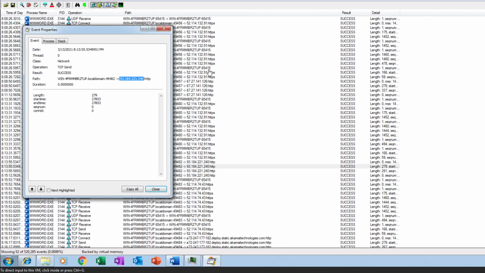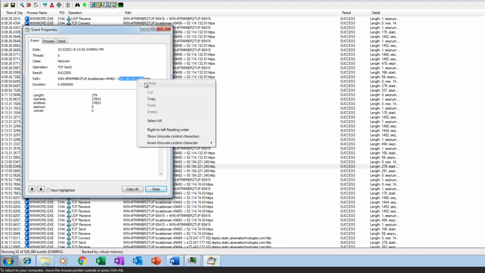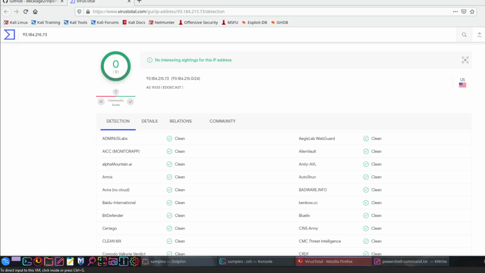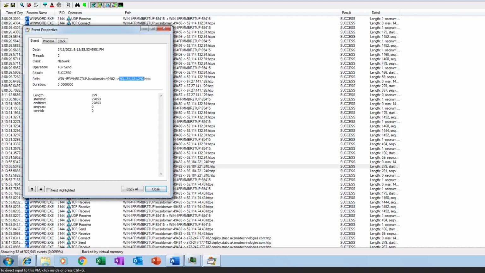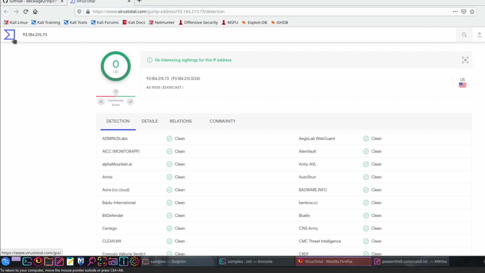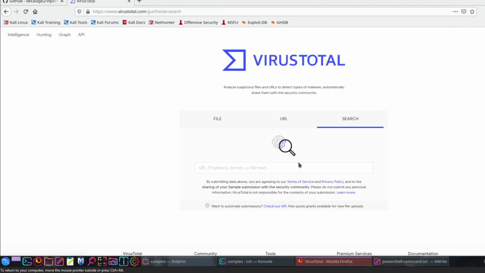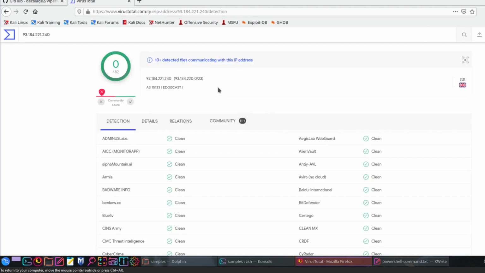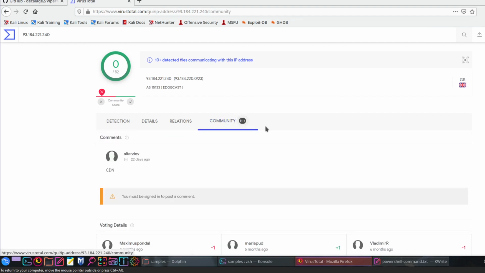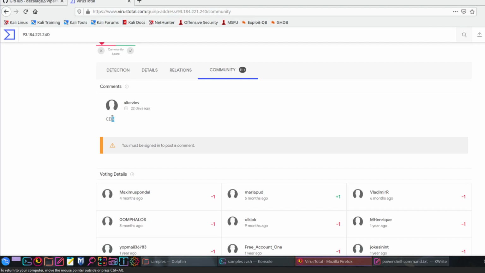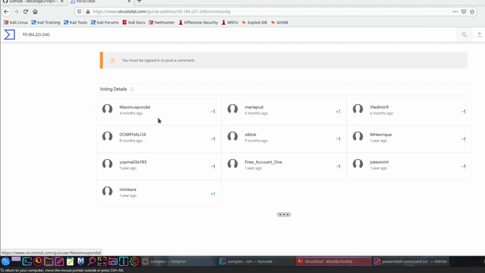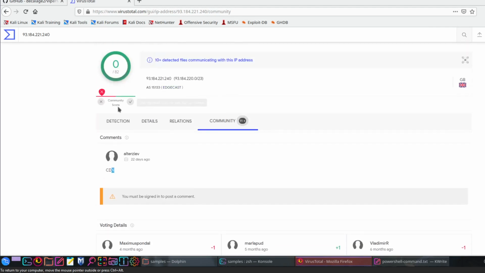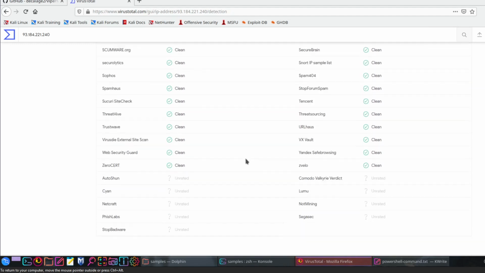Let's get back. It seems to be the same IP address we are interested in. So 215.73. No, it's not the same. So let's run a query on VirusTotal on this IP address. Search. CDN. It doesn't look malicious, but